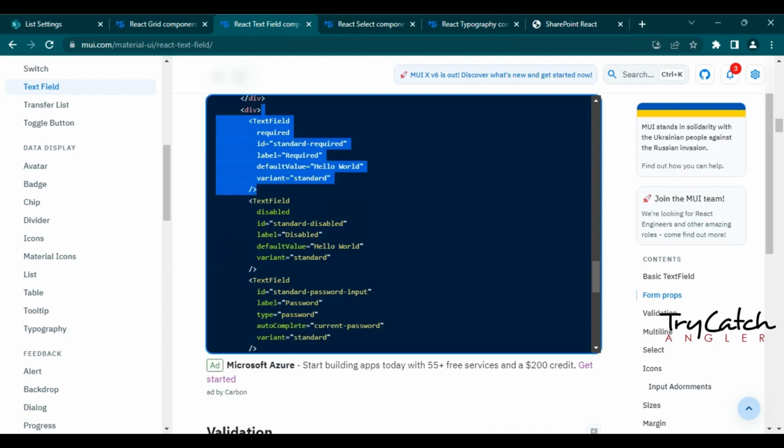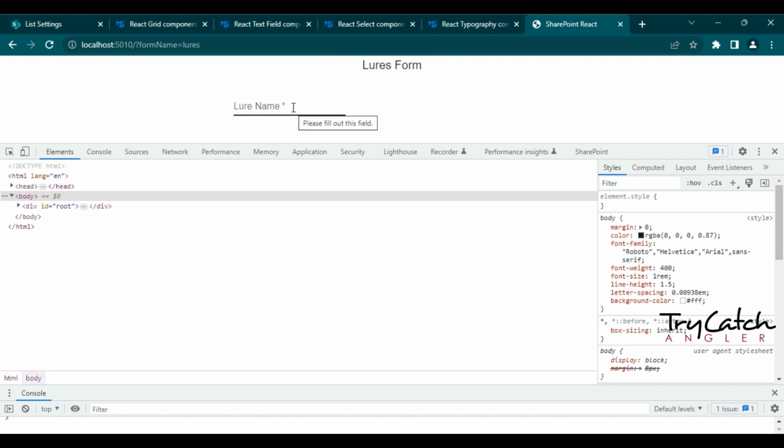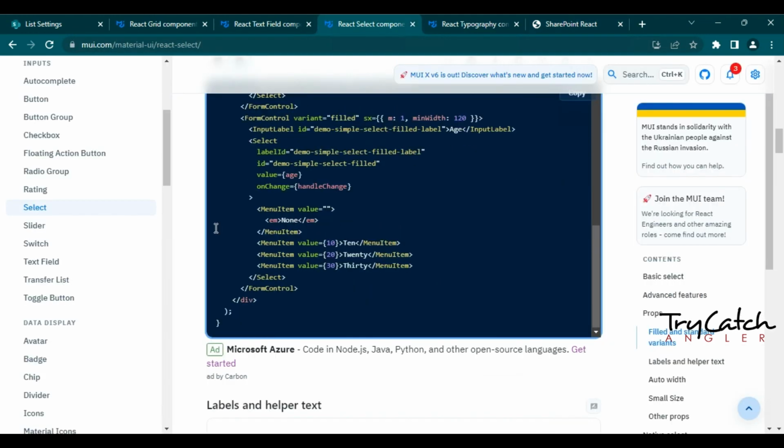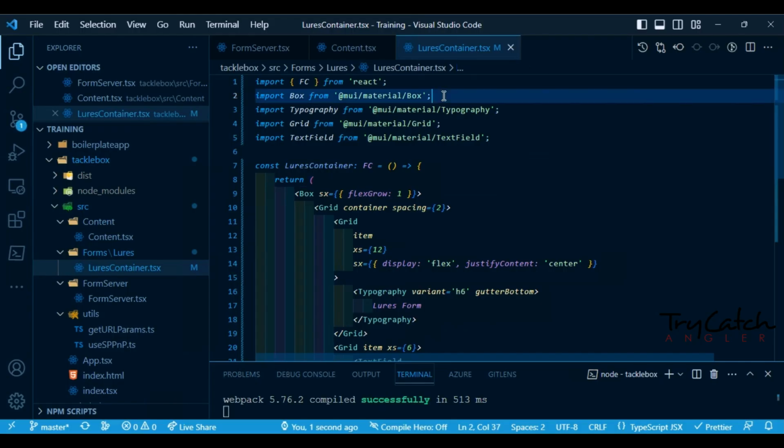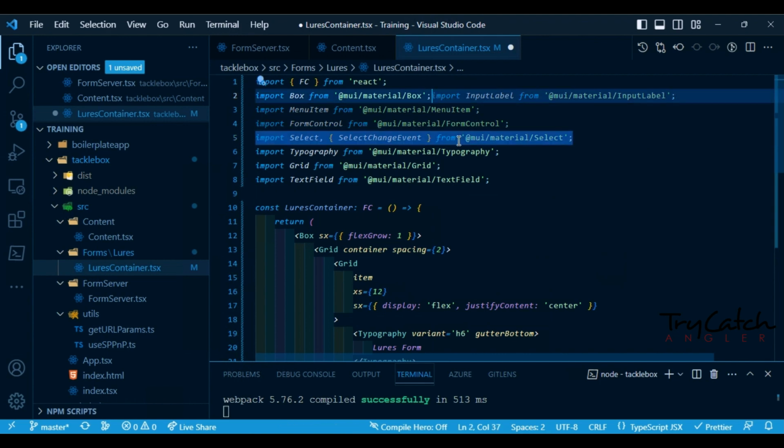If we go back to our form, there it is, lure name, and now we can start typing the name of the lures there. As you can see, this control is working. Let's create a select menu, bring in the form control and the select from Material UI. Bring this in,